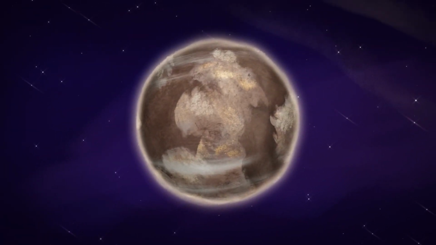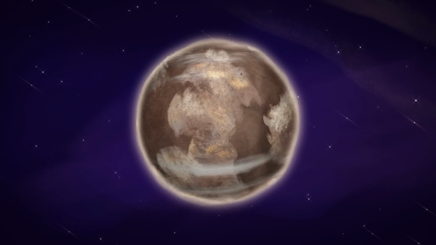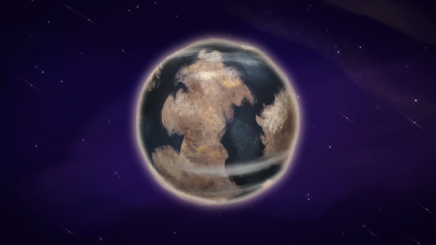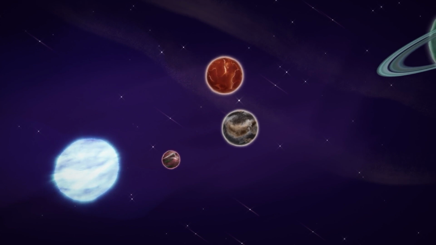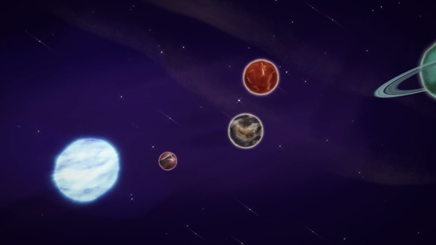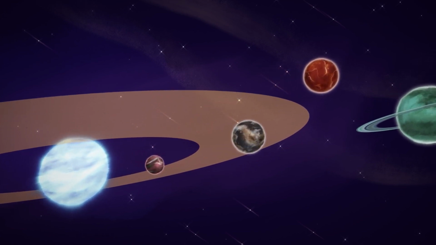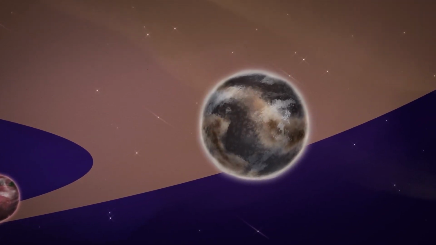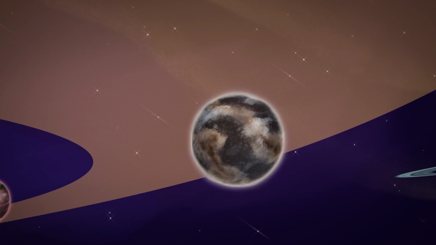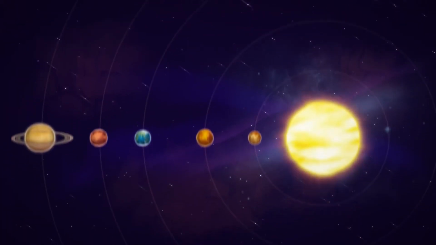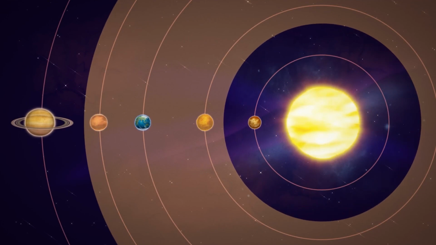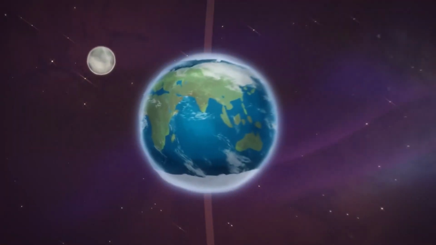When it comes to the search for habitable exoplanets, planets outside our solar system, we think the ability to have liquid water on a planet's surface is just as important for those worlds. There's a handy concept astronomers use to help them figure out where to look around any given star for exoplanets that just might have the right stuff for life. It's called the habitable zone. It's the distance from a star where a rocky planet with an atmosphere could have liquid water on its surface. In our solar system, the habitable zone extends from around the orbit of Venus to around the orbit of Mars. Earth happens to be nice and comfy in the middle.